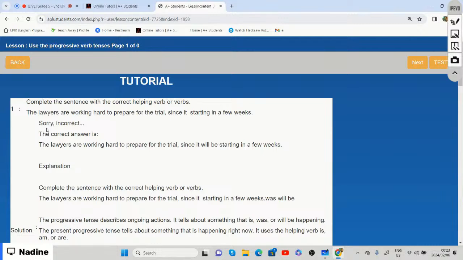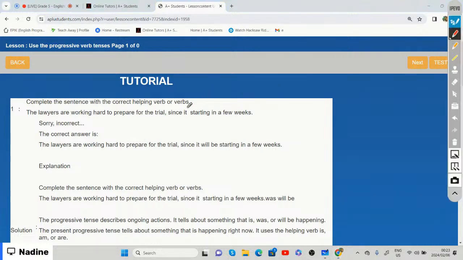For example, the lawyers are working hard to prepare for the trial since it starting in a few weeks. If you look at the words few weeks,